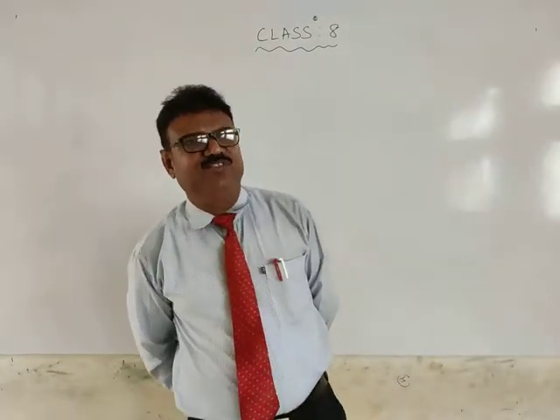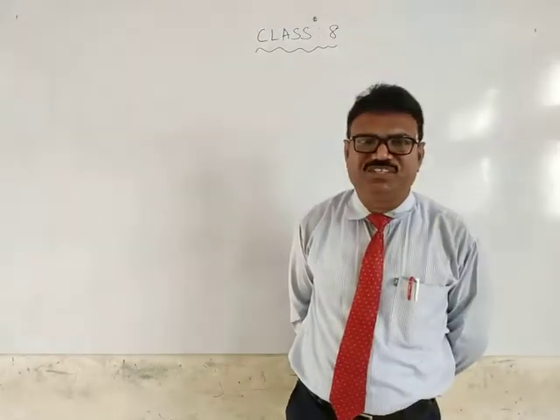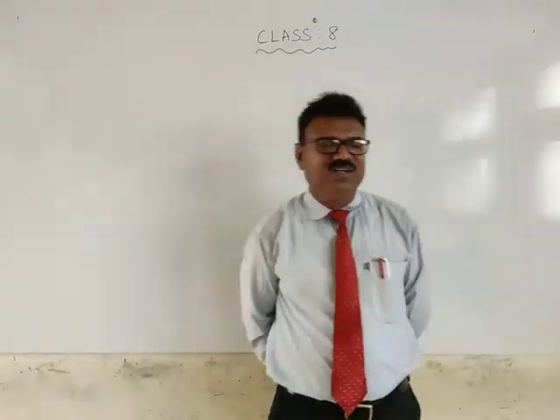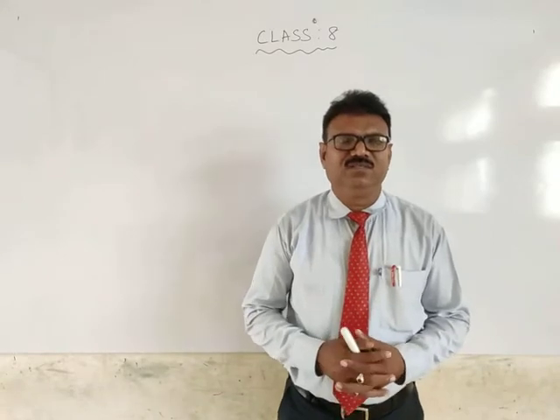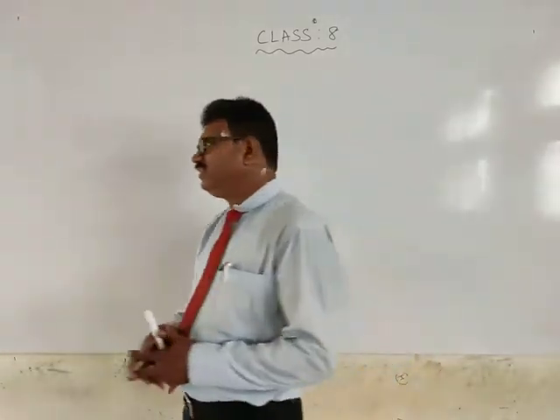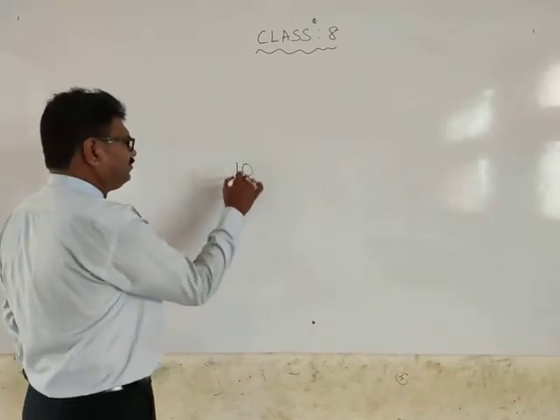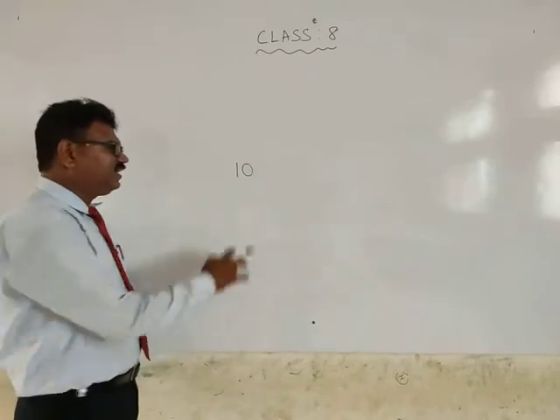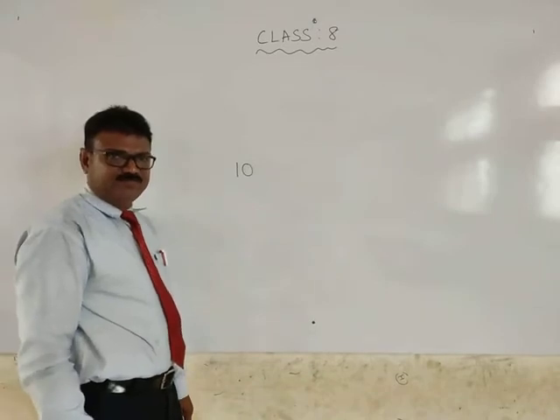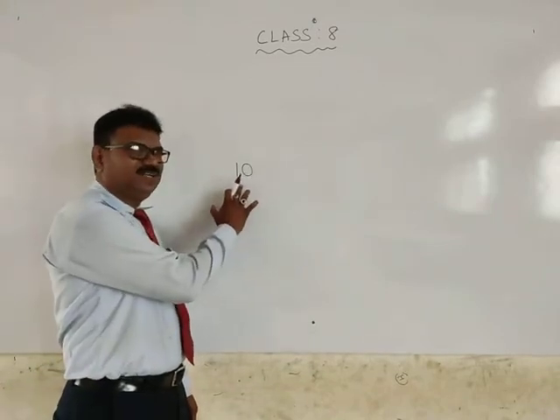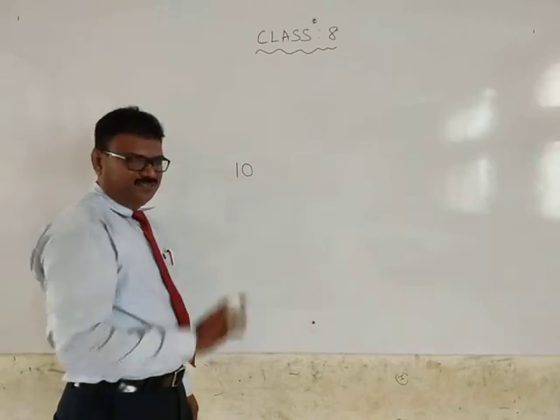Today we will take the second branch. It is a branch of mathematics that deals with both constants and variables. Okay? So very simple. What is the difference between a constant and a variable? We'll see. For example, if I have written 10, the value of 10 will never change anywhere. Did you understand? The value of 10 will never change anywhere. That is why we say it is a constant.